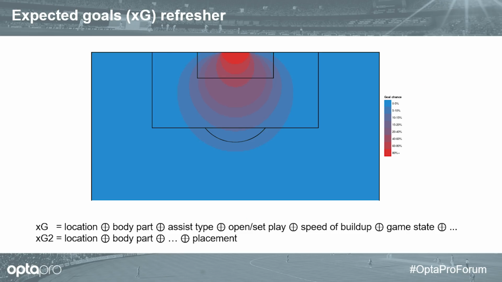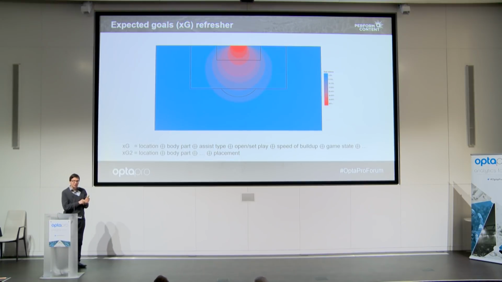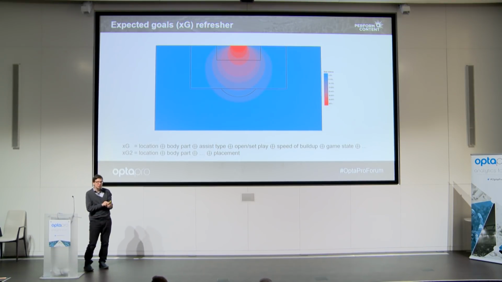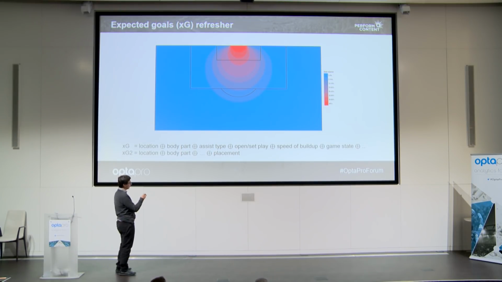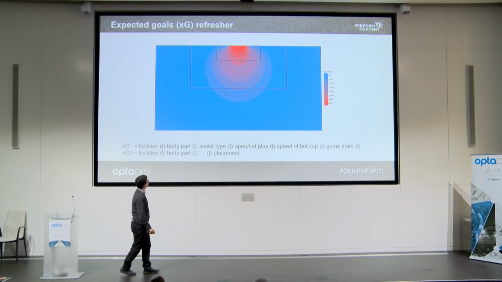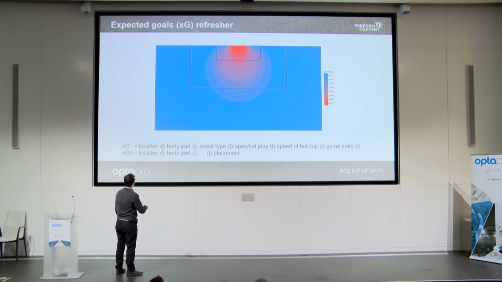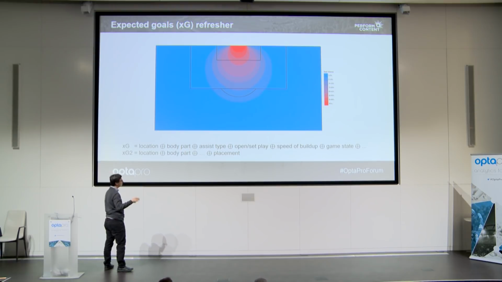OK, this is a quick refresher about expected goals. It is this idea that not all shots are equal, and where you take the shot from and what other properties besides location this shot has is actually very important. Basically, taking a shot nice and central from the penalty box line is worth about 10%. And I represent that idea with this schematic equation here. So to determine the XG value, you combine location and everything else.